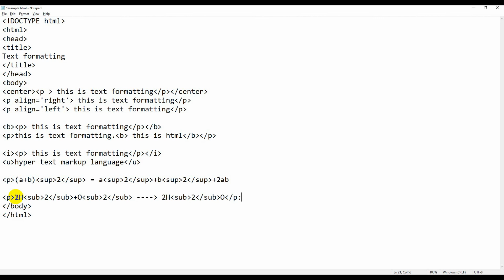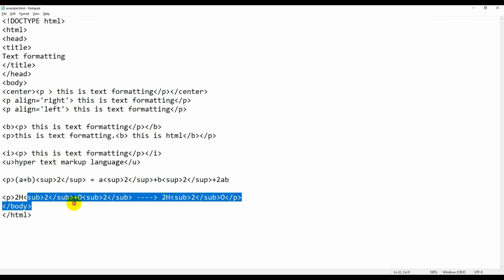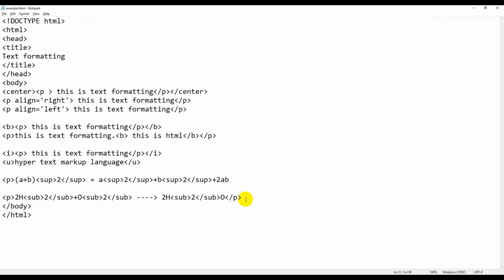So save this file and see the output. So this gave me the complete balanced chemical equation of water, and the 2 here is surrounded within the sub tag. And now if you want to change the font size,